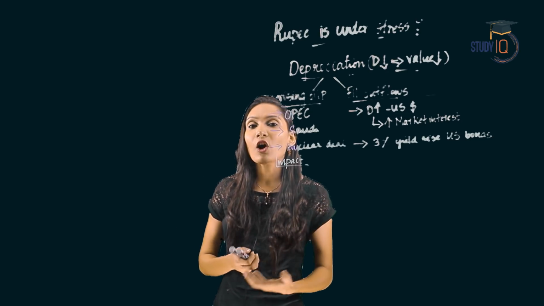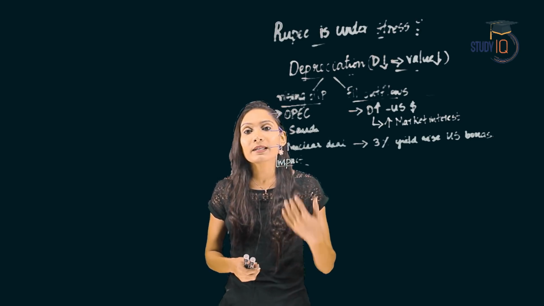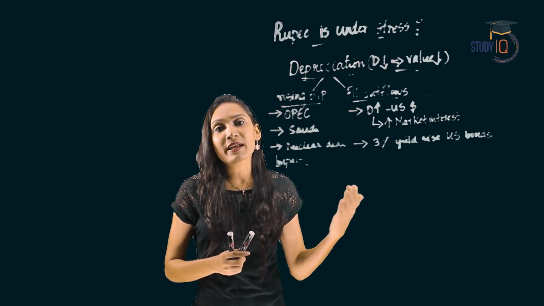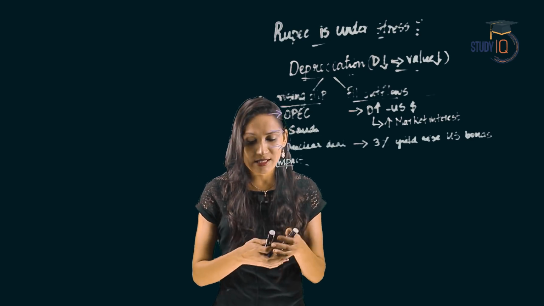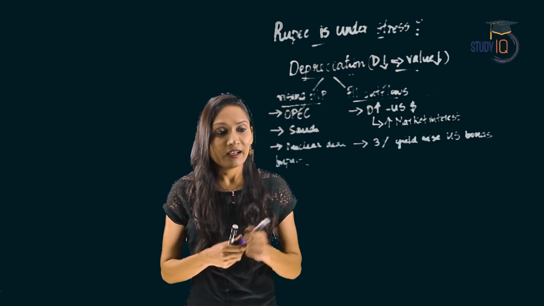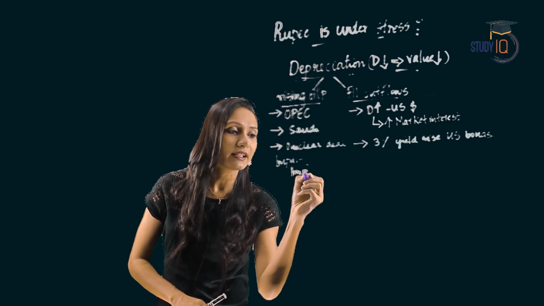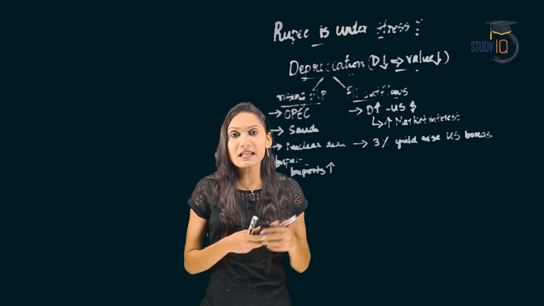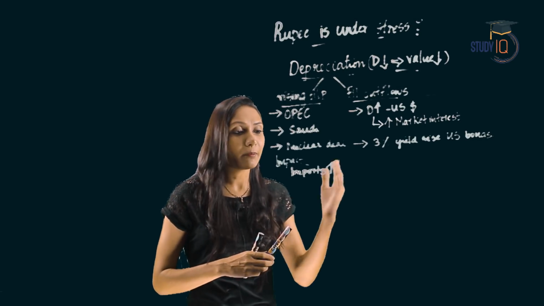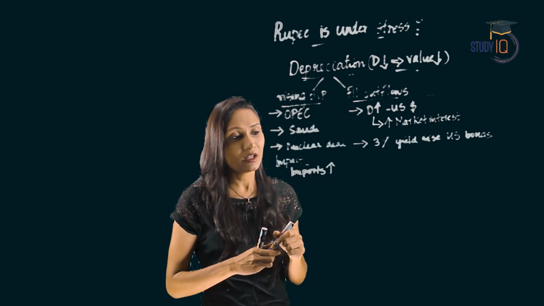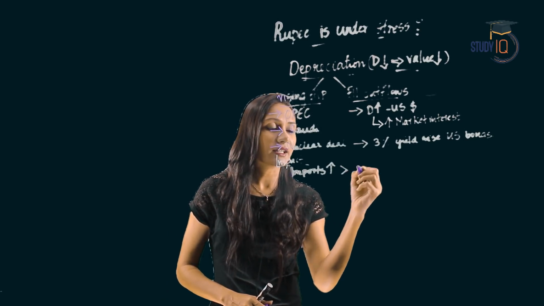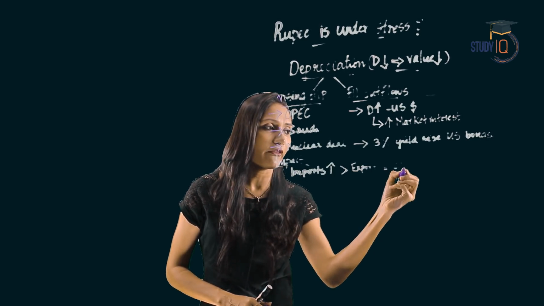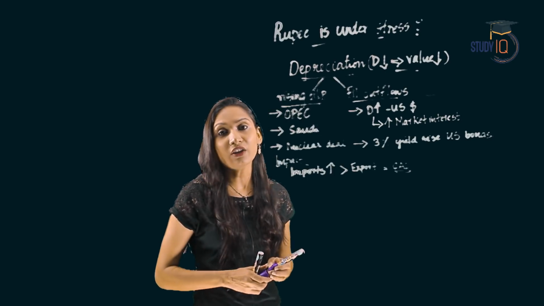So, when the price of the oil increases, what will happen? It will lead to increased crude import bill. So, we said India depends on imports for crude oil requirements, and this will increase the crude import bill, which means that the imports of the country will increase. So, when the country's imports increase, what will happen? Imports become greater than the export. So, when imports become greater than the export, we call this as current account deficit. This is known as current account deficit.